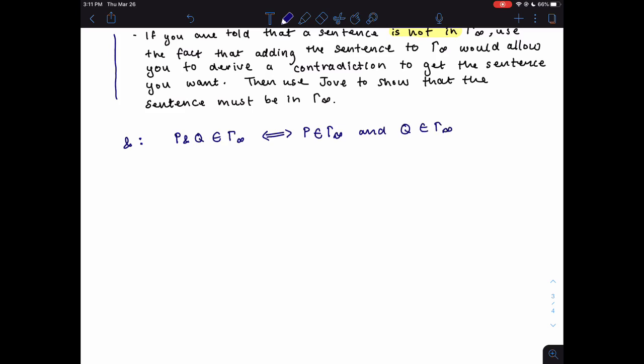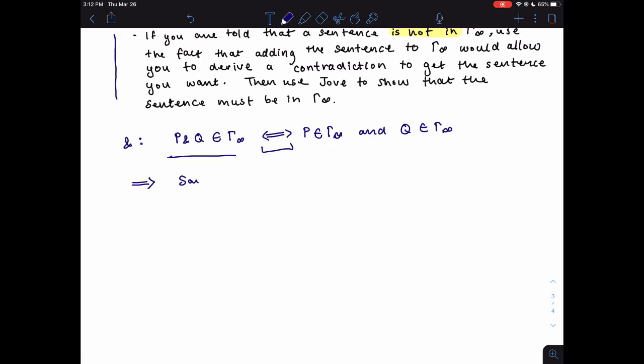Okay, so that's the claim we're proving. This is a biconditional claim, right? It's an if and only if, so we have to prove both directions. So we'll start out by going in this direction. The first thing you do is assume the antecedent of what you're proving. In this case, since we're going to the right, we're going to assume the left side.